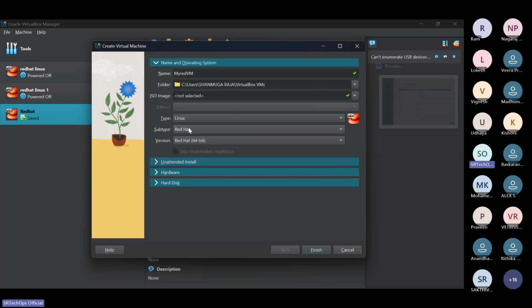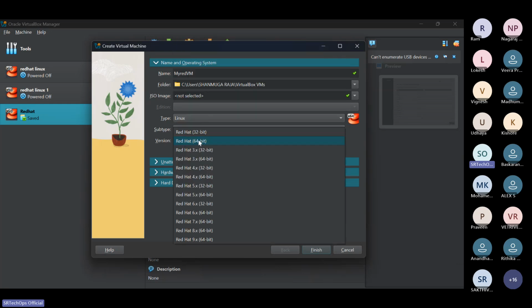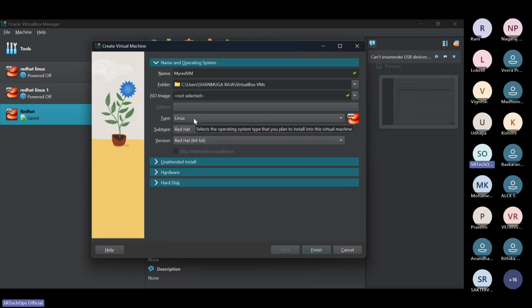Subtype is Red Hat, because we are going to use Red Hat OS. Version is Red Hat 64-bit. The type is chosen automatically now because of this name. If I give some name like